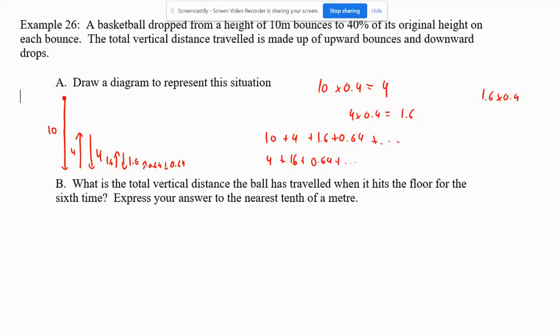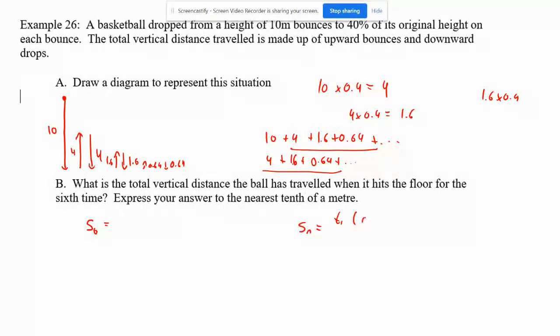Okay, what's the total vertical distance the ball has traveled when it hits the floor for the 6th time? Okay, so what I'm going to do, because hopefully what we see is like this is the same thing as this part. So we're going to figure out this part over here, multiply it times 2, and then add this 10 over here. Okay, so I'm adding for the 6th time would be S6, and we know that